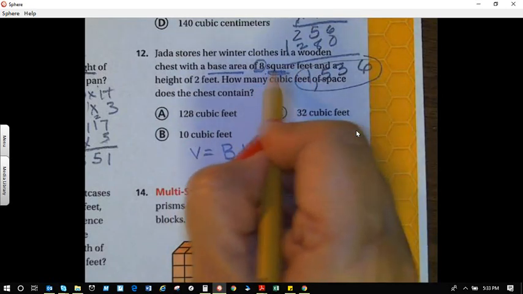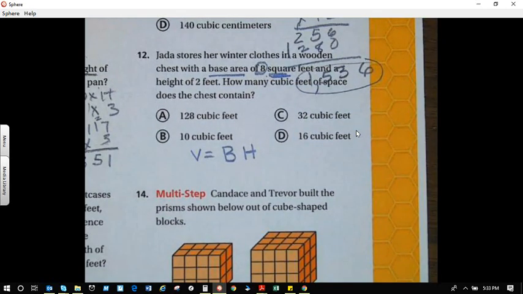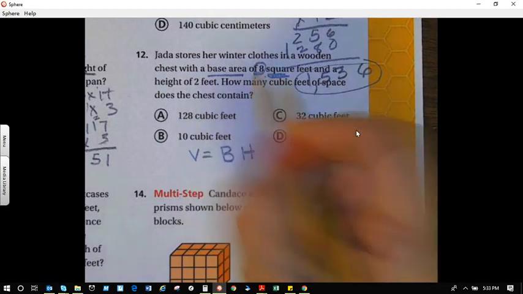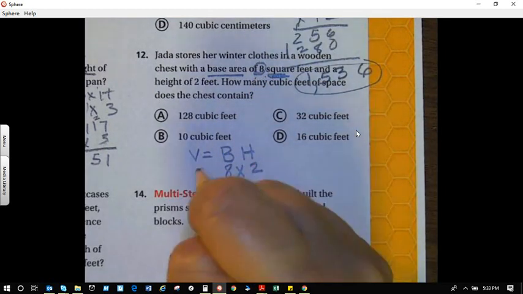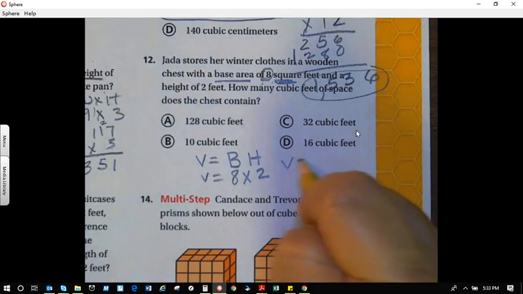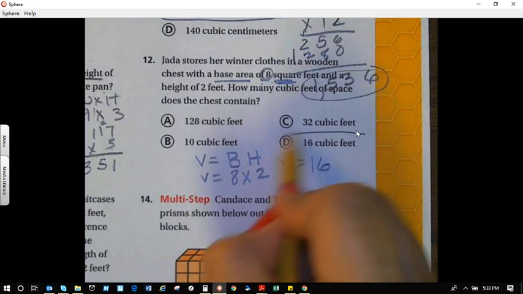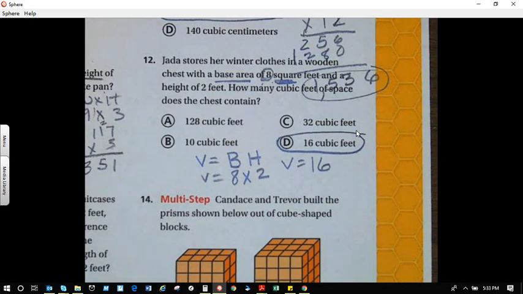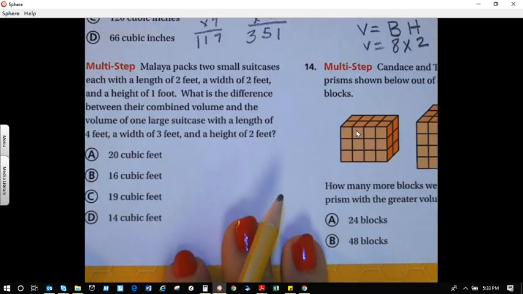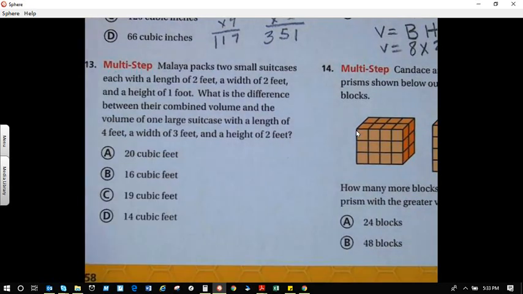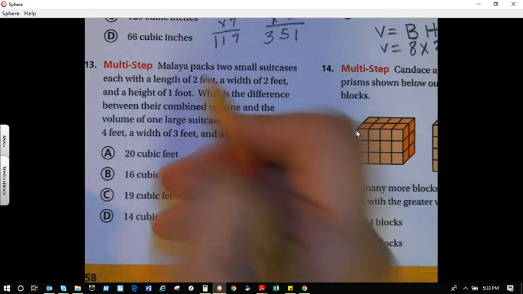We said if you look down on the floor, you've got square tiles that are there. And so this is telling me that's the area. So I have 8 times 2. So my volume equals 16 cubic feet. All right. That was pretty simple there. Let's look at Malaya packs 2 small suitcases, each with a length of 2 feet